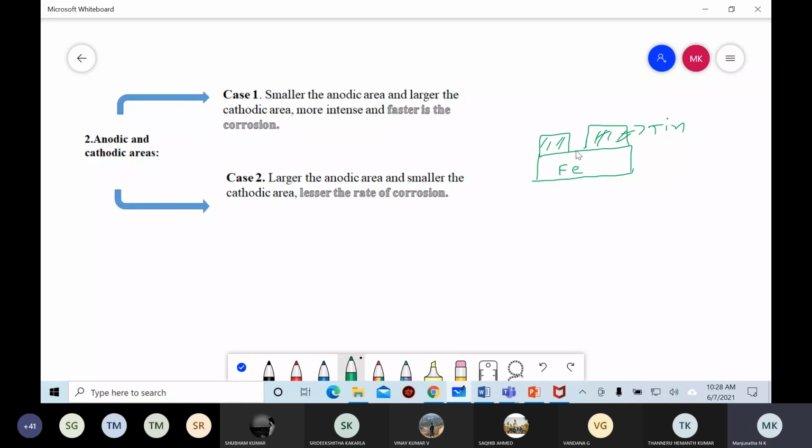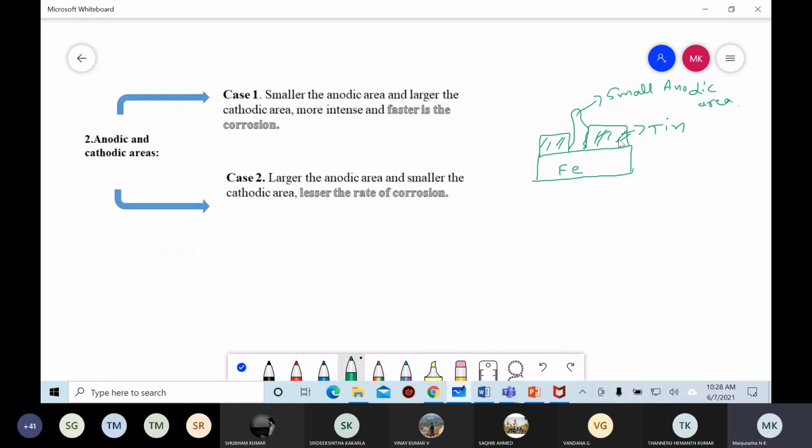But in this portion, the iron metal, sorry, the tin metal is not coated. So that indicates what? There is a smaller anodic area. Smaller the anodic area. So once a metal has this type of smaller anodic area, there is a larger